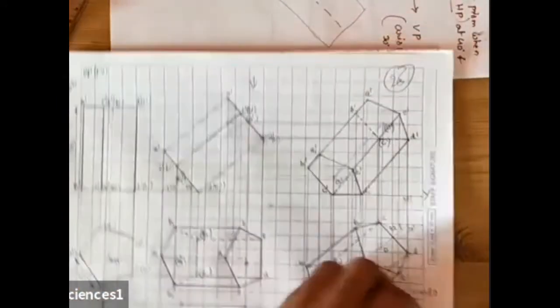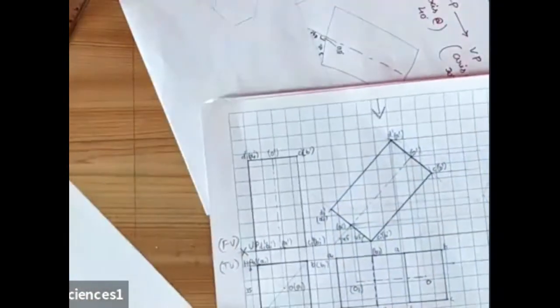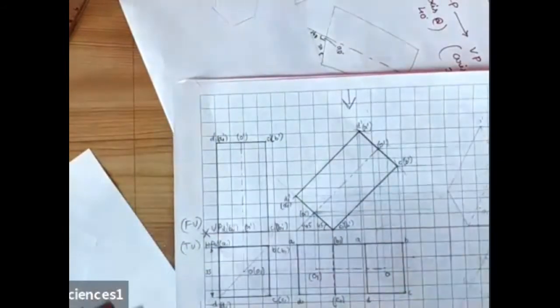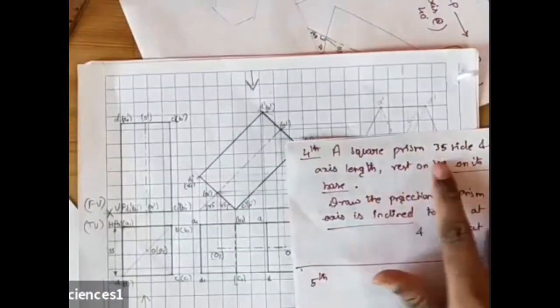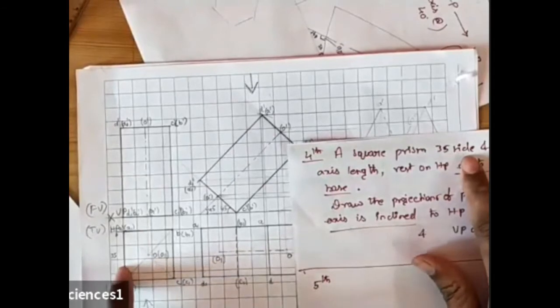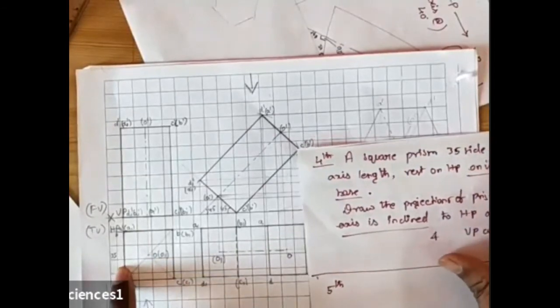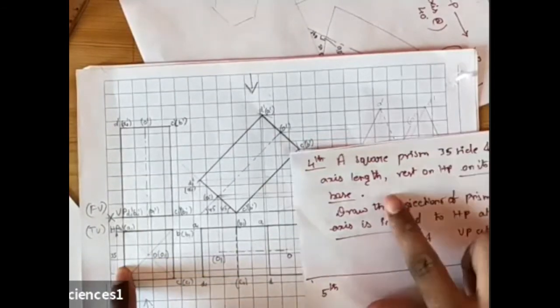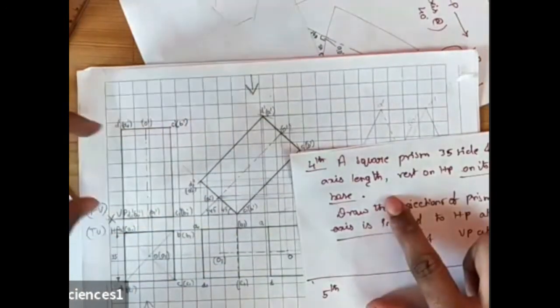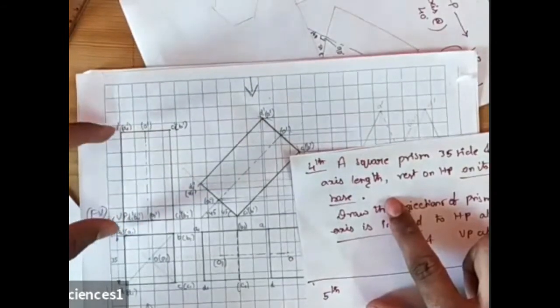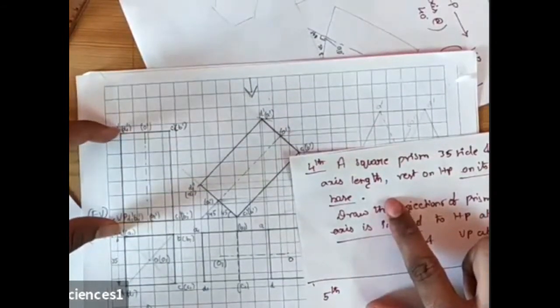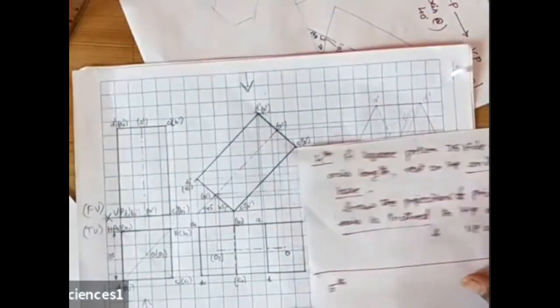So you know that in the last class we did this problem, correct? Similar to this only, I'll be giving you a homework. It is just similar to this. Here the problem is like this: the square prism side is 35, the base length, and the side is 70, and the height is 60. In the last class I had taken it as 65, but in this problem you take it as 60. After that it is resting on HP with one of the edges, same.